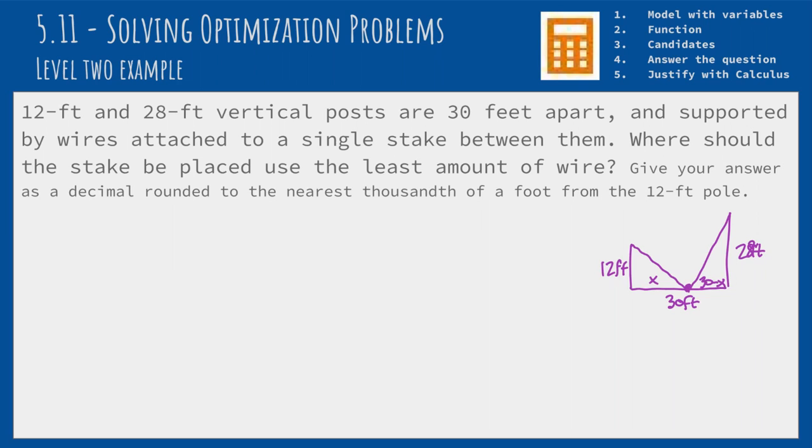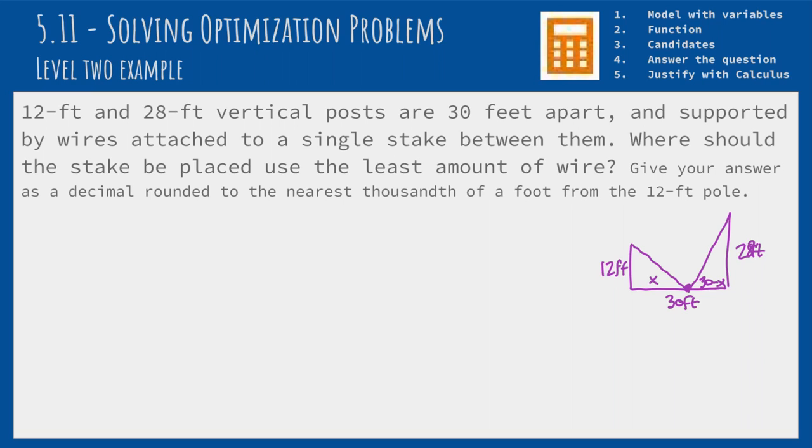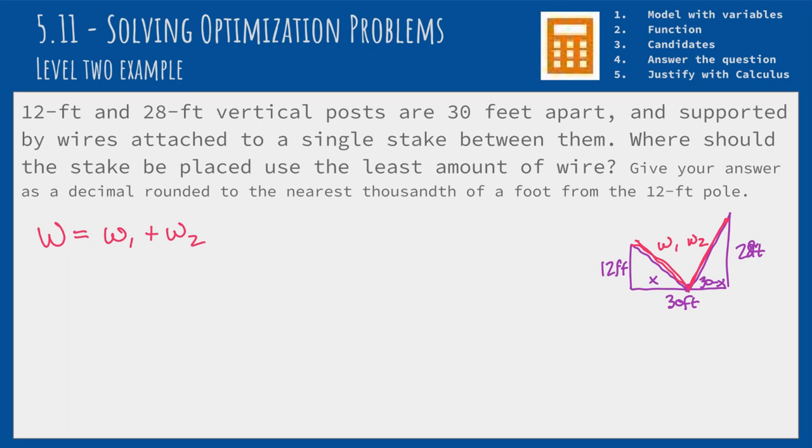Now, what we're trying to do here is minimize the length of the wires. So the wires are going to be the distances here and here. I'm going to call those W1 and W2. So I'm going to say big W, the total amount of wire that we're going to use, is the length of the first wire plus the length of the second wire. Now, that's not really that helpful because we don't have much information in there. So what I want to do is write those lengths of wires as equations involving the information that was given